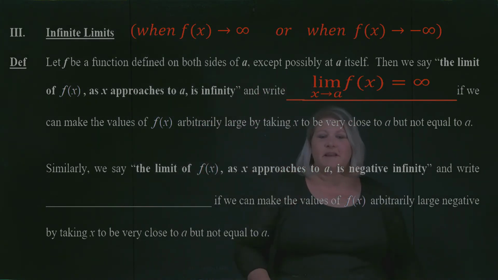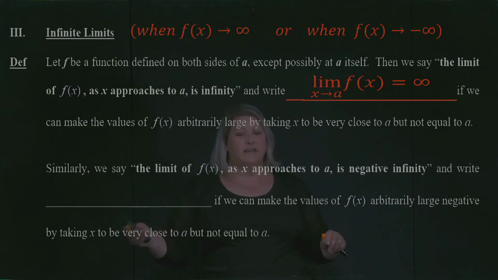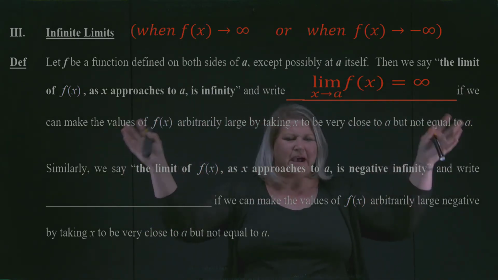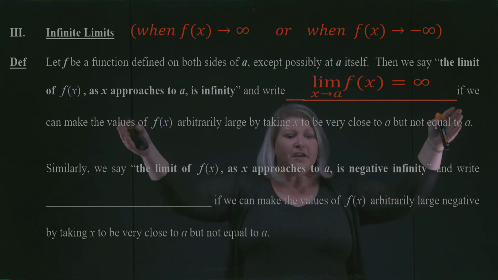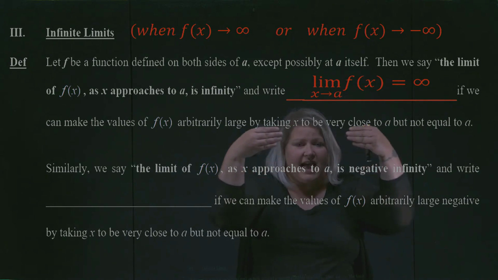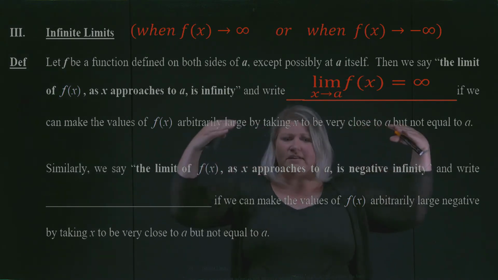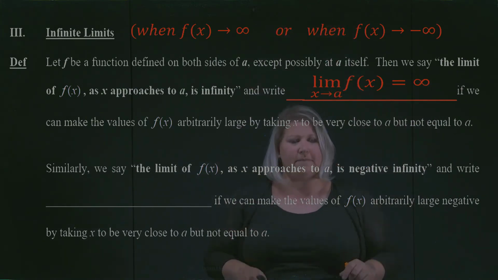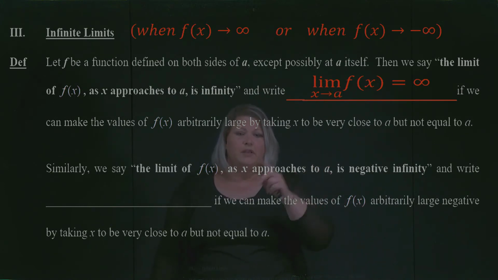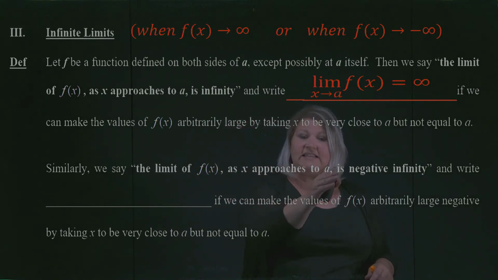Now, if we can make the values of f of x arbitrarily large by taking x to be very close to a but not equal to a. This last part, look at this math speak. It's always so convoluted, isn't it? In other words, when we plug in values that are getting very, very close to a on the left-hand and the right-hand side, we notice that f of x is shooting off into space, going up into infinity. Okay, similarly, we look at the limit of f of x as x approaches a is negative